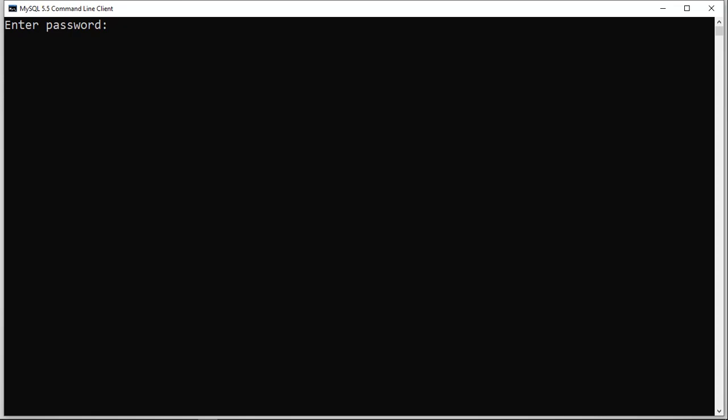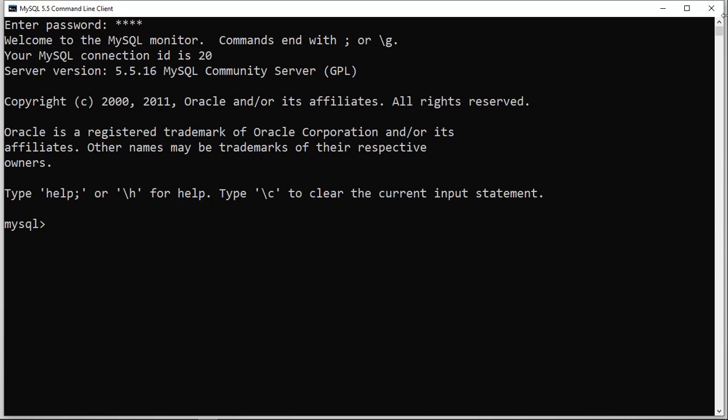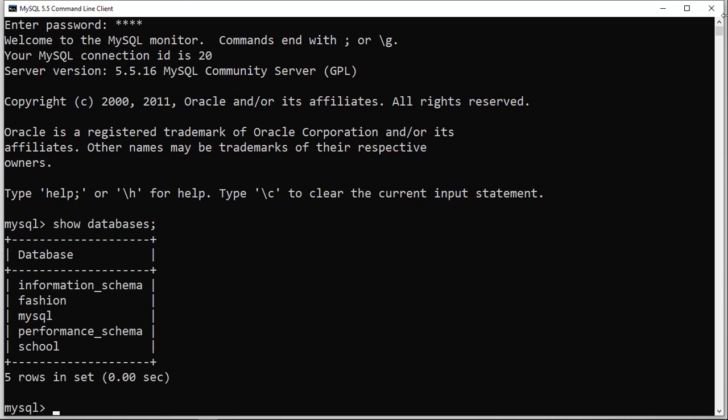Let's enter the password. The usual process by which we begin our work is searching for the databases. So you can run show databases, press the semicolon, and you have a set of databases, and we are using this school database.